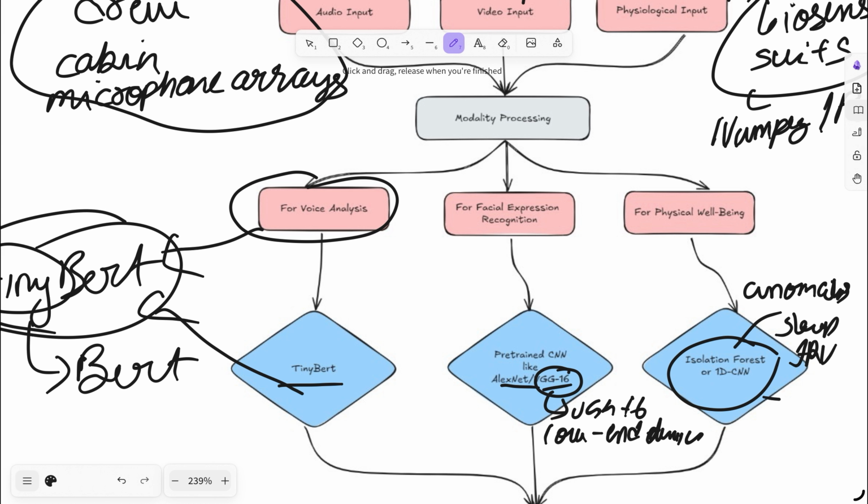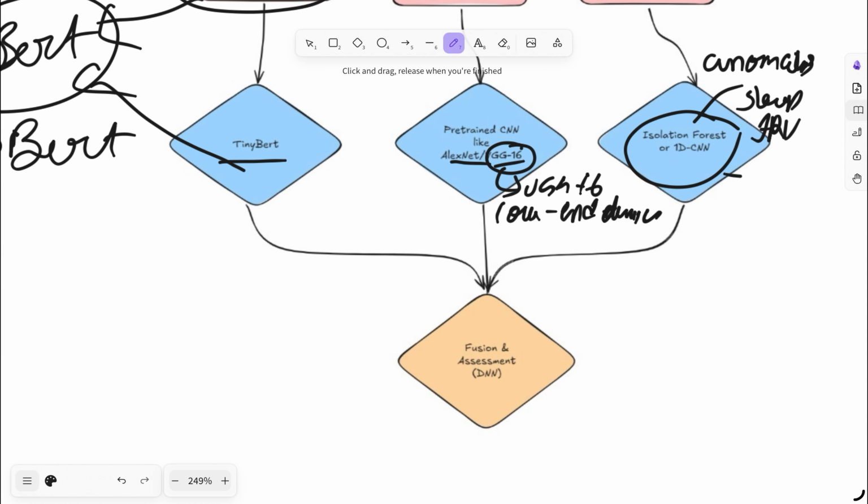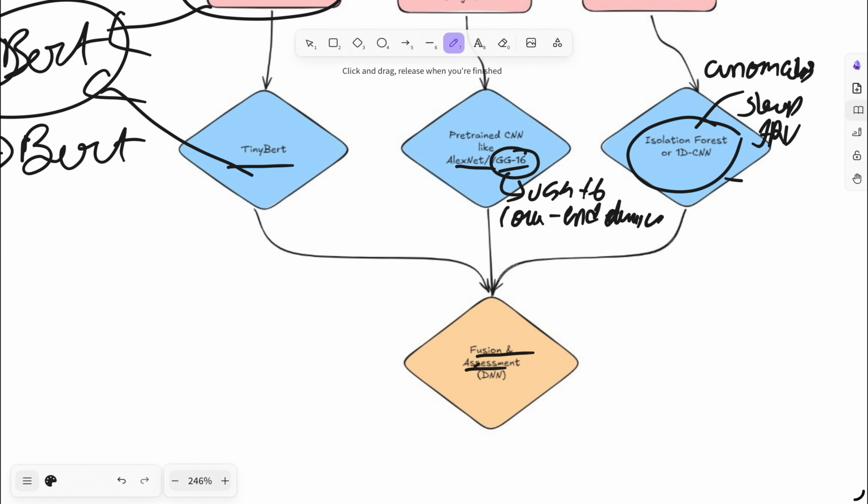Then once we have completed model processing, we are going to use all this data for fusion and assessment in our very own dense neural network. Our dense neural network will then later be used to create a well-being index. This index will be our way to provide a therapeutic and physiological input for the ground to understand the current mental state